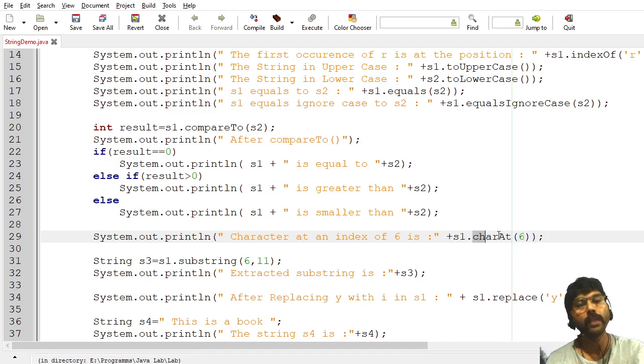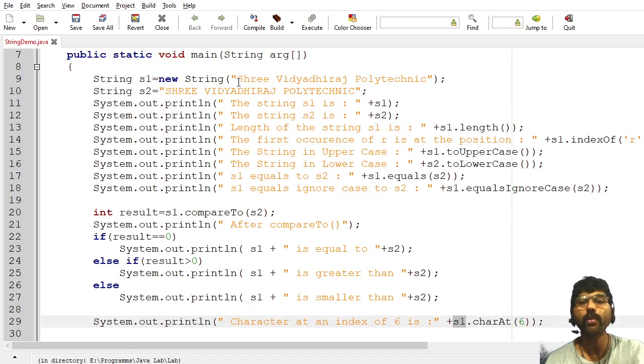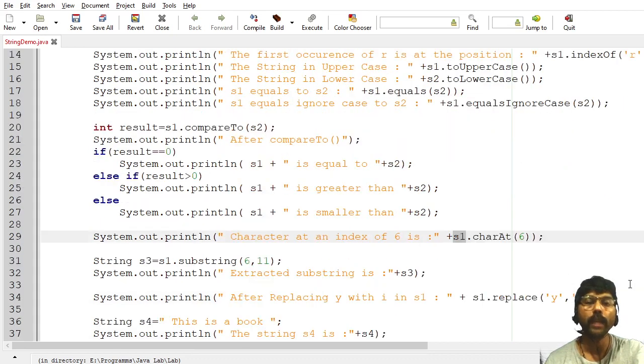What this method will do is go to character number 6 of the S1 string and display what that character is. For example, if you start from here: 0, 1, 2, 3, 4, 5, 6, it will return capital V.